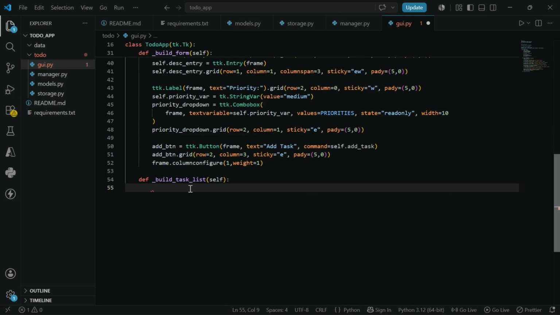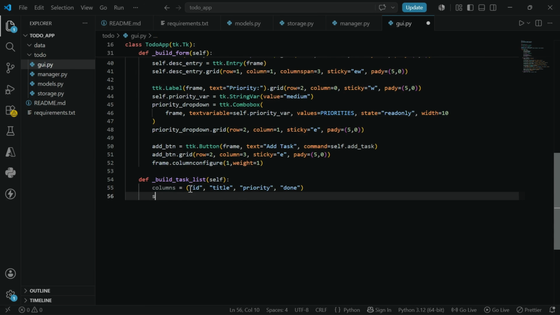This function will include the list of tasks. So firstly, I am gonna define one column with a few column headers as ID, then title of the task, right? Then another column will be priority and whether it is done or not. Now self dot